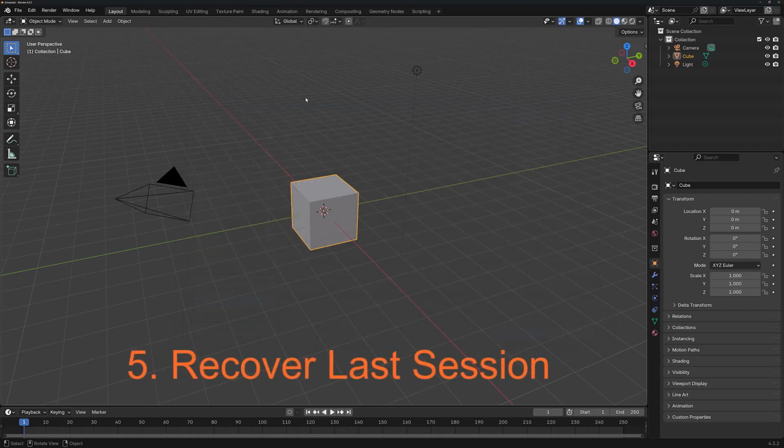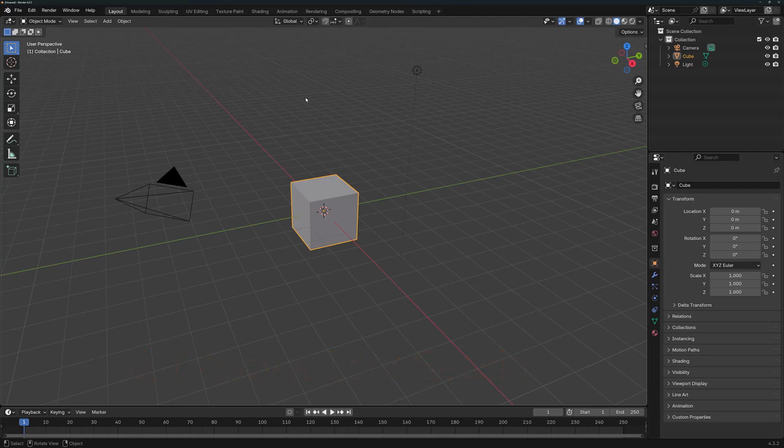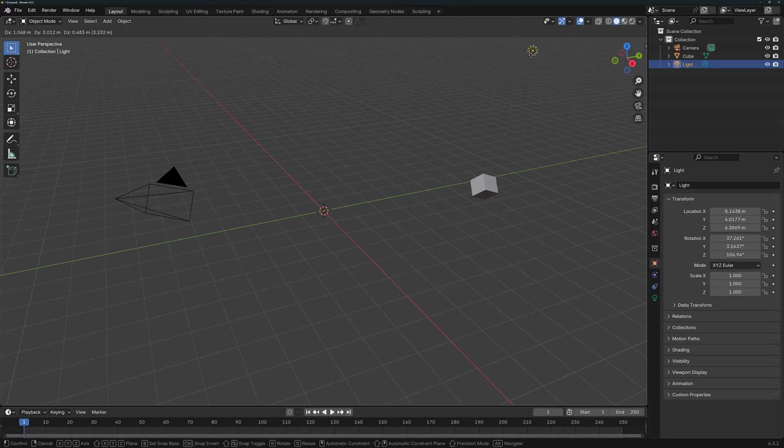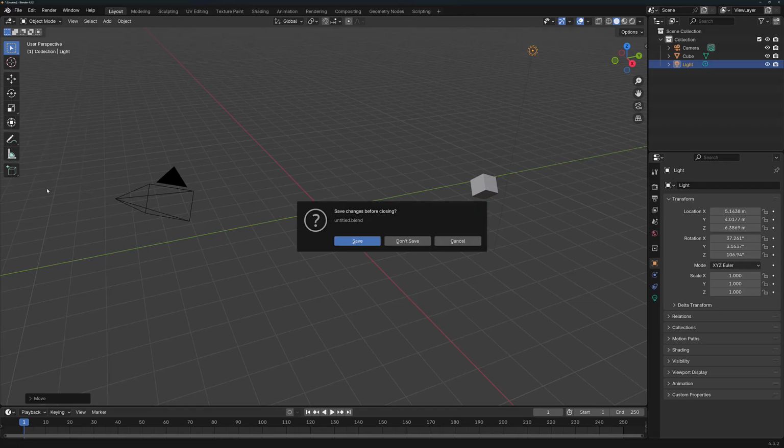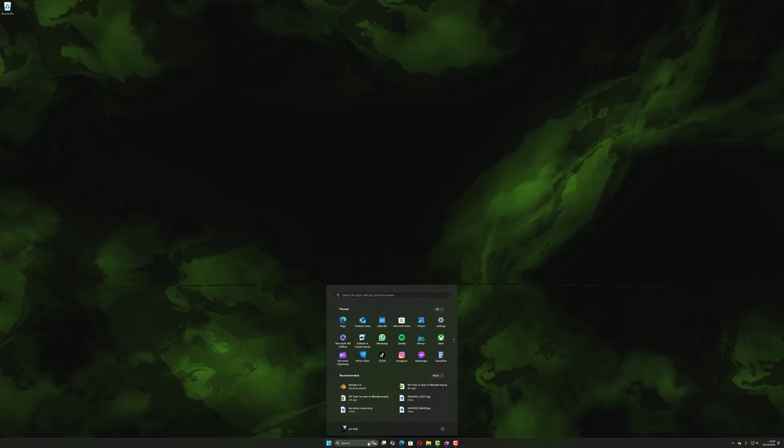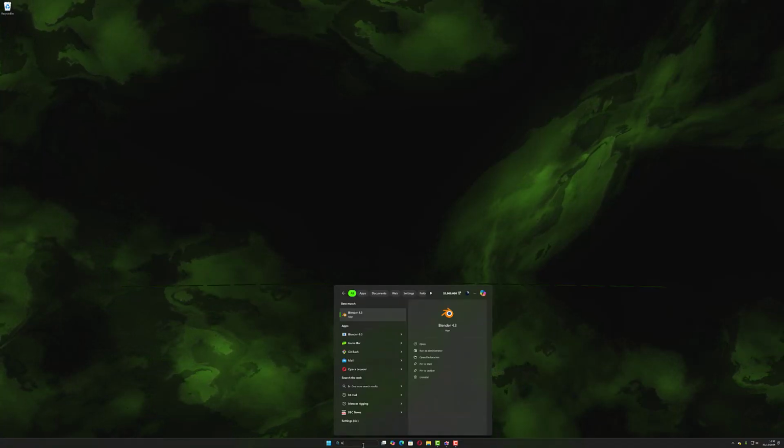Let's say we made changes to our project, but we never actually saved the file. I'm just going to create a couple of random changes so that the scene is noticeably different to what it was before. Next, I'm going to go to File and I'm going to quit Blender. I'm going to choose not to save, so let's say we have forgotten to save our project. I'm then going to re-access Blender,